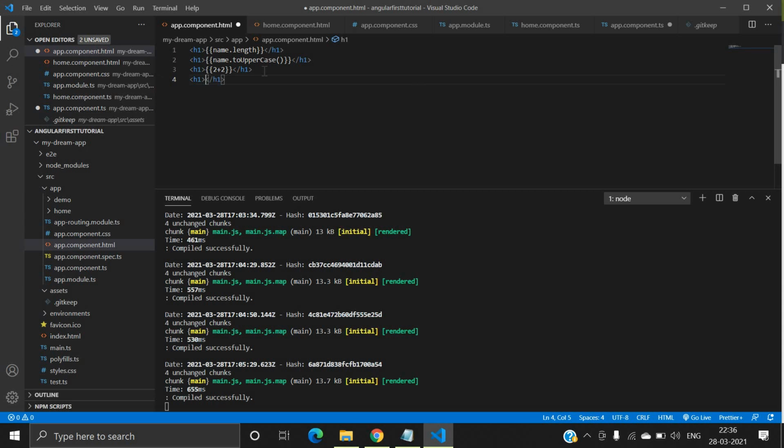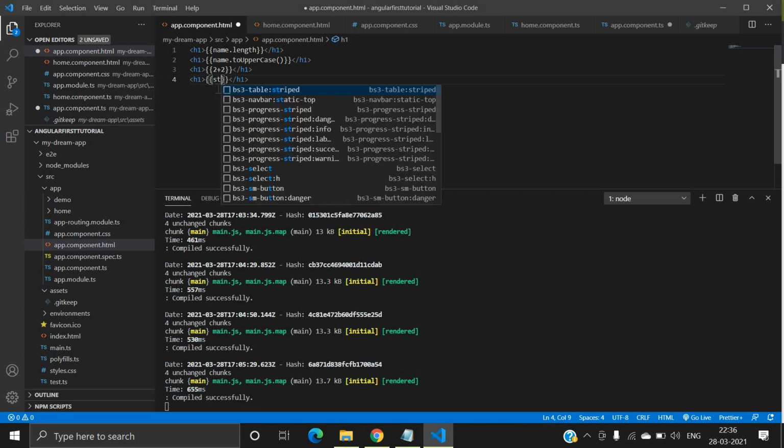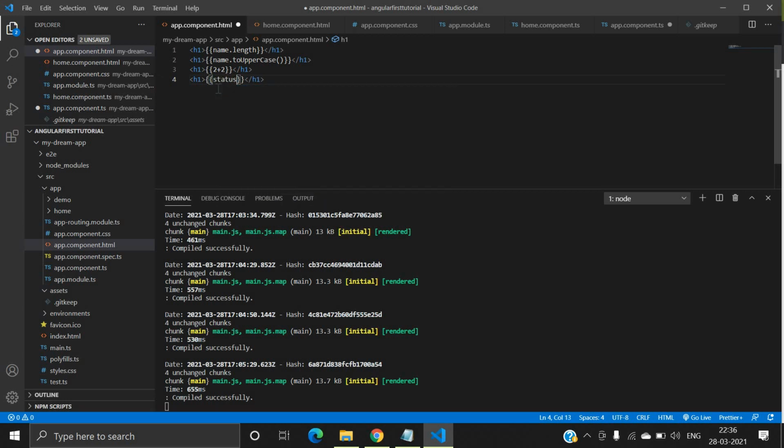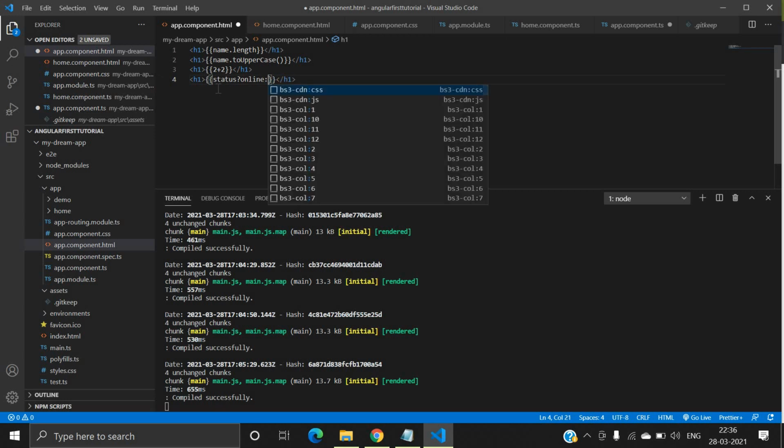So how to do it? First of all I will use this property status. If this status is true, then it will return online. And otherwise, if this property returns a false value, then it will print offline.